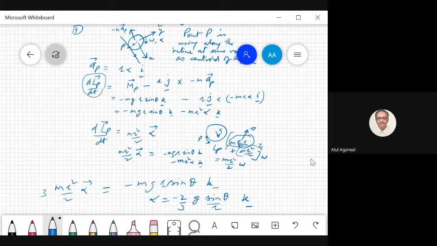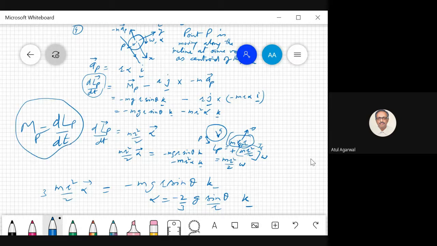I have approached the problem by taking 4 different reference points. I just wanted to tell you that this equation of rotational motion, M is equal to I alpha or dL by dt, depends on what the reference point is. If the reference point is fixed or the centroid, only then you can use it. If it is an accelerating point, then you have to add an inertial force to your overall system of forces, and you have to incorporate its moment also. Is it all right? Yes, sir.